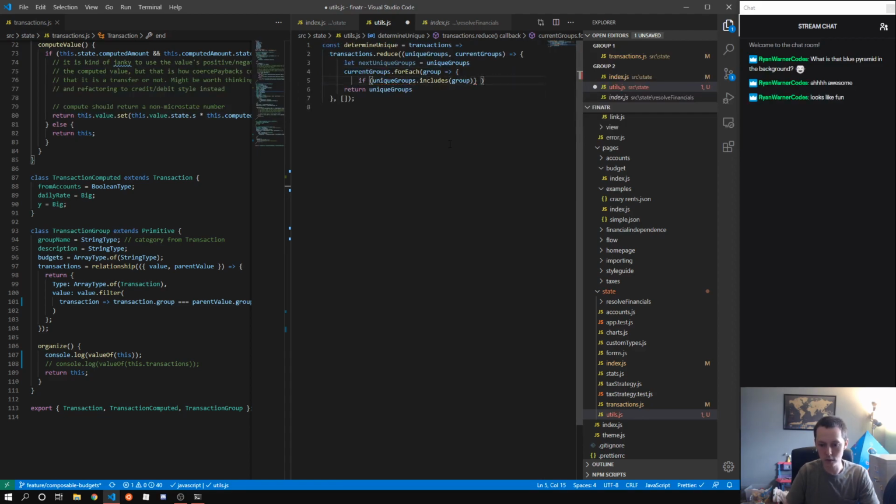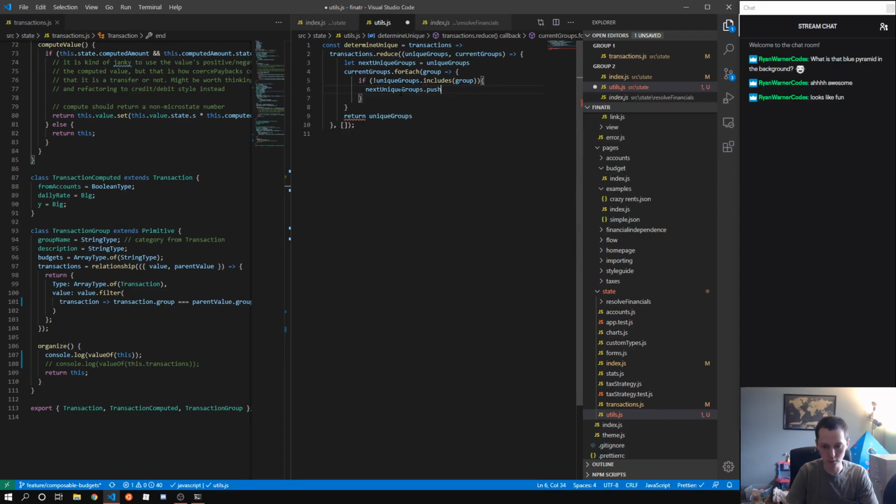So if unique groups, I've been doing too many different languages. I think this is the if statement. If it includes it, then we don't. So if it doesn't include it, then we want to include it. So next unique groups dot,